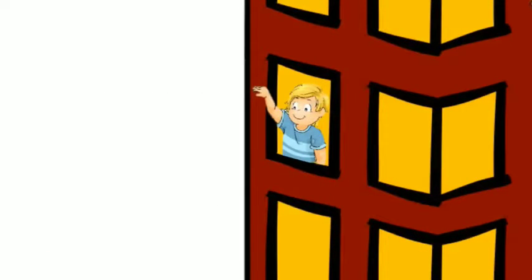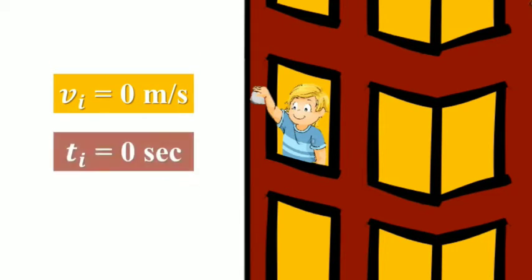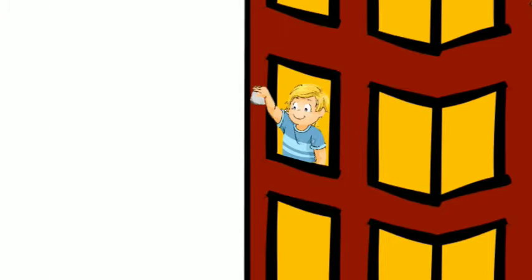Today, let us examine this kind of motion. The subject of this motion is the stone, so we pay attention to the stone. Now we are holding the stone in a hand, so the stone is at rest. So its initial velocity is 0 meter per second. When we leave it, what will happen?